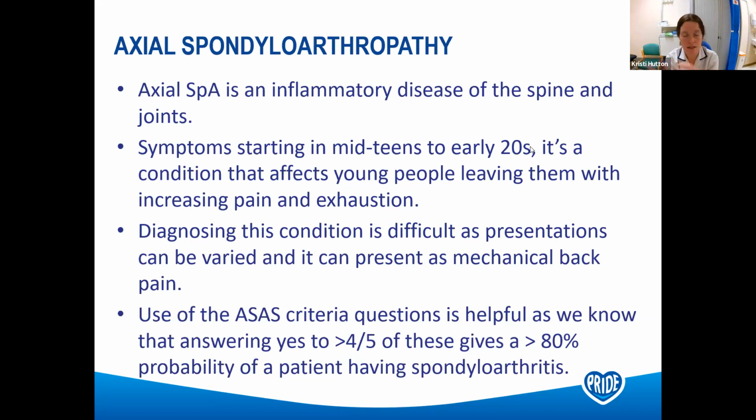So they might get a recurrent back pain that seems to ease with anti-inflammatories, just like you'd expect with an acute onset back pain that settles down once they start to heal. But looking out for this condition is important, and we'll talk about the criteria that might help you pick them up. So using the ASAS criteria is really helpful, and I'll cover those in a minute,